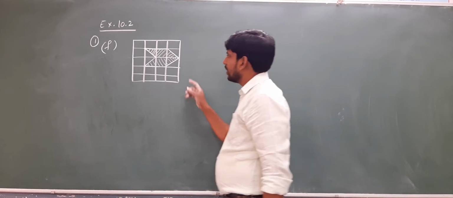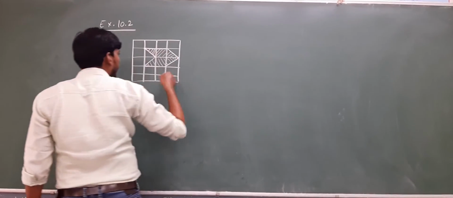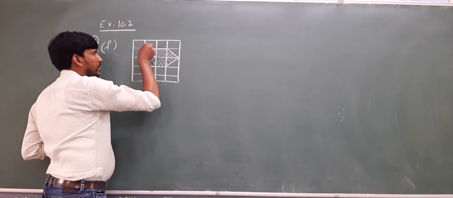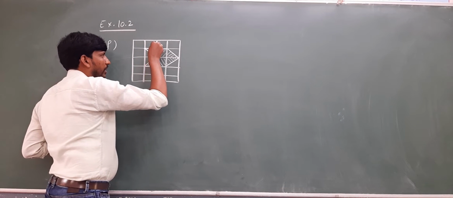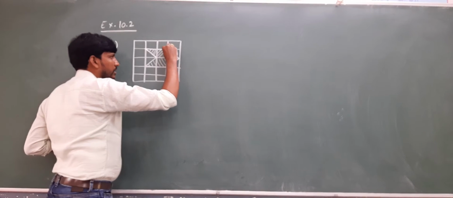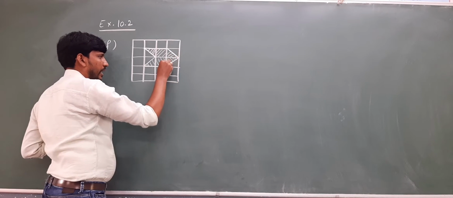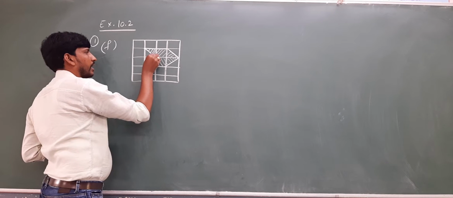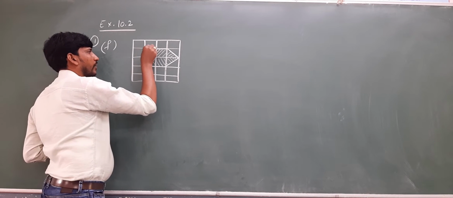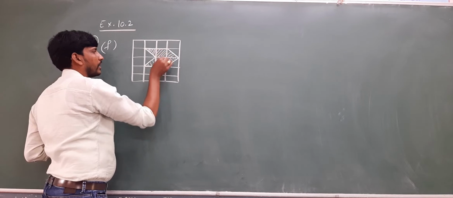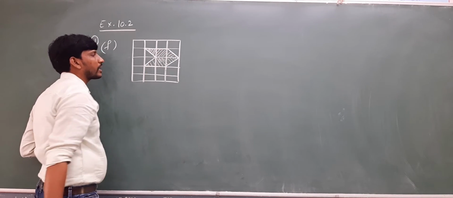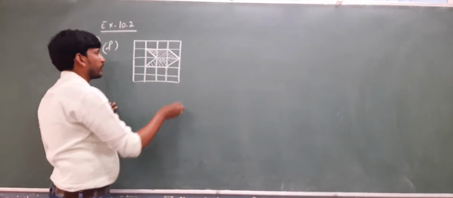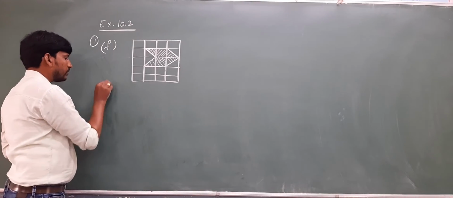See this here. It is a square grid paper. In that there is a shape, like this arrow mark. From here it is moving like this, and here it is a half square, and here it is a half square, and here it is moving again in a line, again half of the square, again half of the square. So whatever I did, the shaded part, this area we are going to find out by counting the squares. So you should start from the solution.